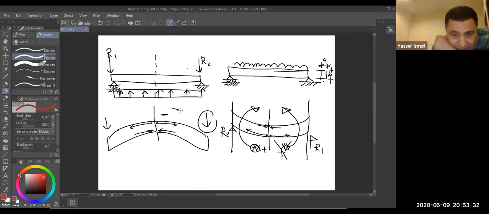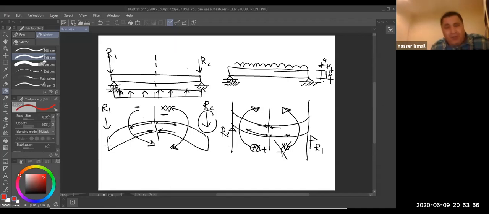See the tension in the upper fiber. Where is the tail of the arrow? This is the tail of the arrow. And here this force, the reaction. A reaction is a force, and it is giving me a negative moment because where is the tail of the arrow? Tension in the upper fiber. Any force that gives me the upper fiber in a tension mode means negative. I will give you an example of tension in the upper fiber for a fixed end beam, a cantilever.